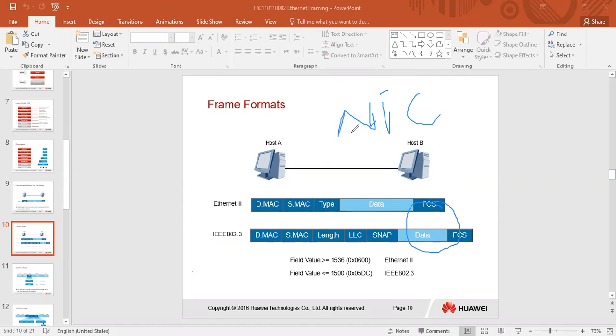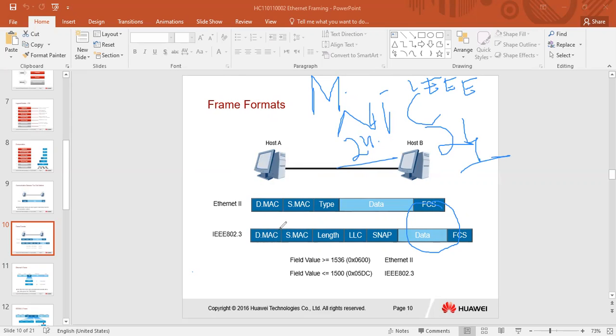Okay, this is a specific or unique addressing assigned by the manufacturer and IEEE. It is 48-bit addressing. Okay, 24 bits are assigned by IEEE, while 24 bits are assigned by the organization. MAC address is a 48-bit address. Okay, similarly IEEE 802.3